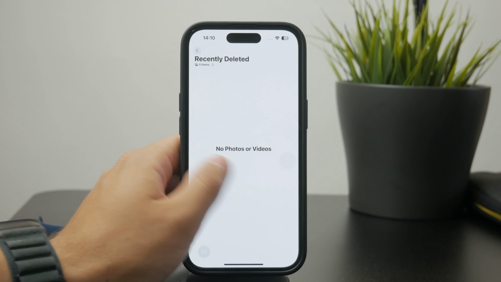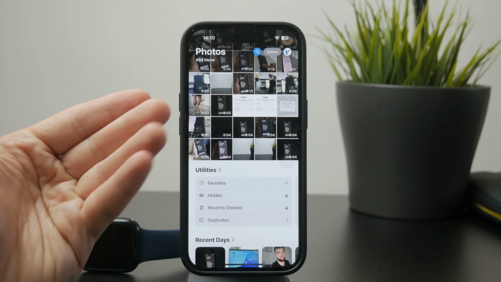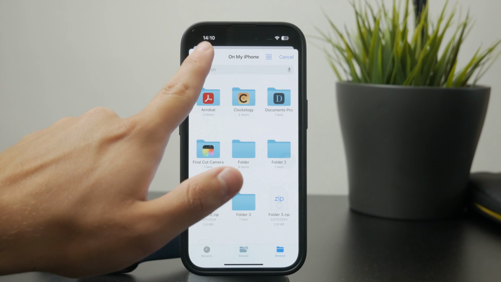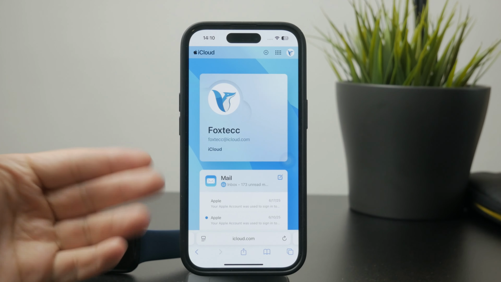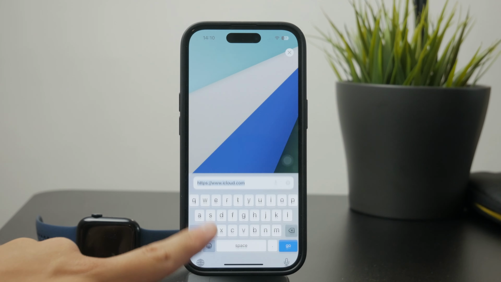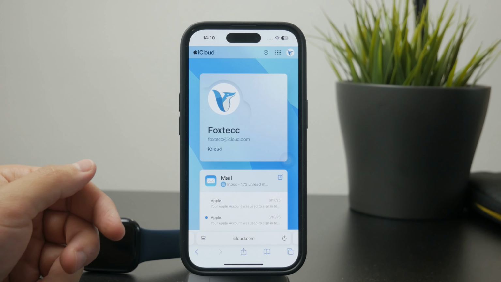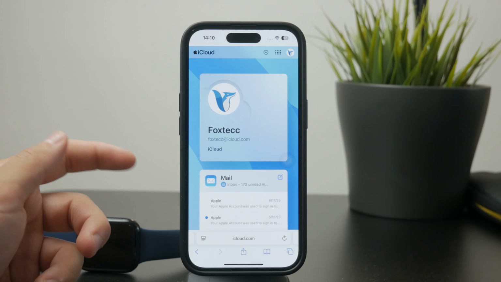However, in all other situations, I am recommending you to check out and open up the Safari web browser where you can just log in to iCloud through the iCloud.com website. When you sign in using your Face ID, you're going to get inside where you can browse your photos,